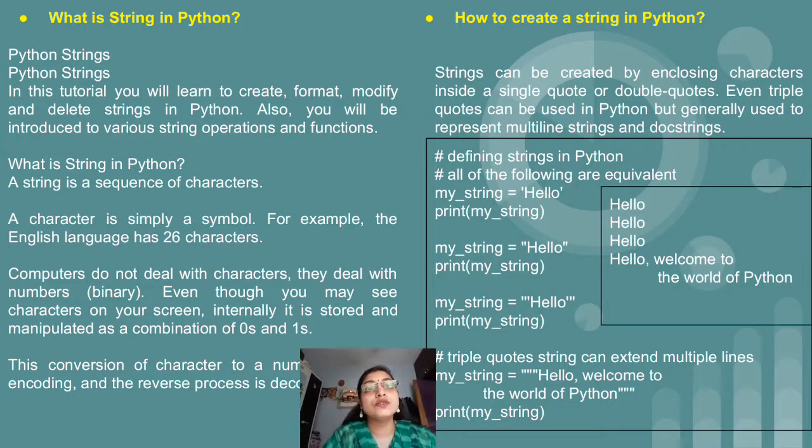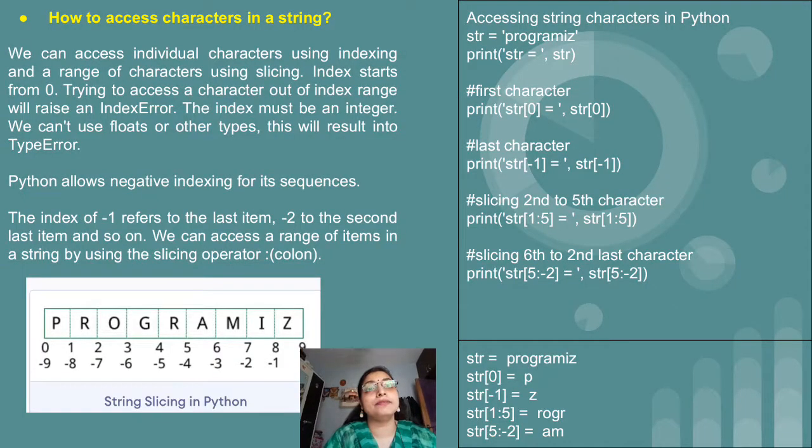So this is the way by which we can initialize the string. Single quotes we can use, double quotes we can use, 3 times single quotes we can use, and then 3 times double quotes also we can use to initialize the string. So there are a total of 4 ways of declaring or initializing a string variable.